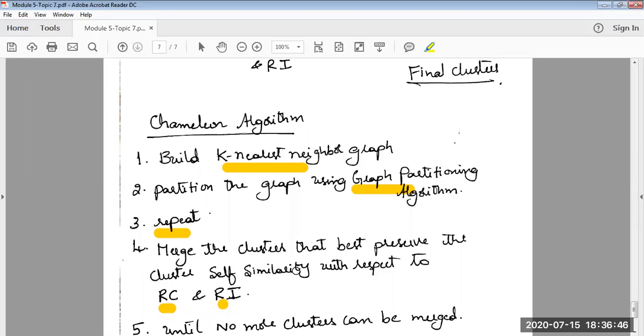So this was the Chameleon algorithm, which is an improvisation of the agglomerative clustering algorithm, which is a form of hierarchical clustering. The objective of this algorithm is merging clusters in such a way that the larger cluster that you have obtained has the same property as the smaller clusters that were used for merging. So based on this fundamental principle, this algorithm is working.